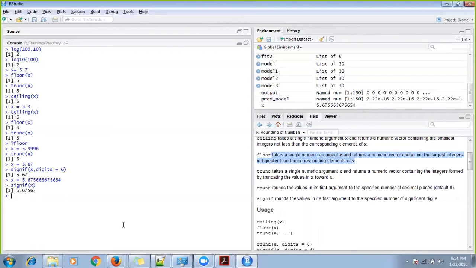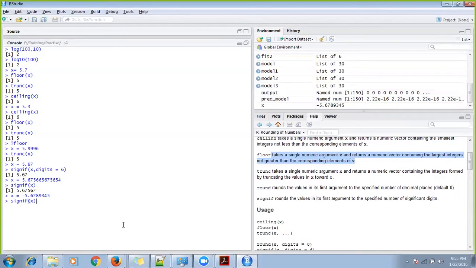If I mention a negative number, let's say minus 5.6789346, I have more than 6 digits, and there is another sign called minus. If I do signif of x, by default the digits value is 6 in the signif function, and by default it is 0 in the round function. So it will try to give you 5 decimal places.